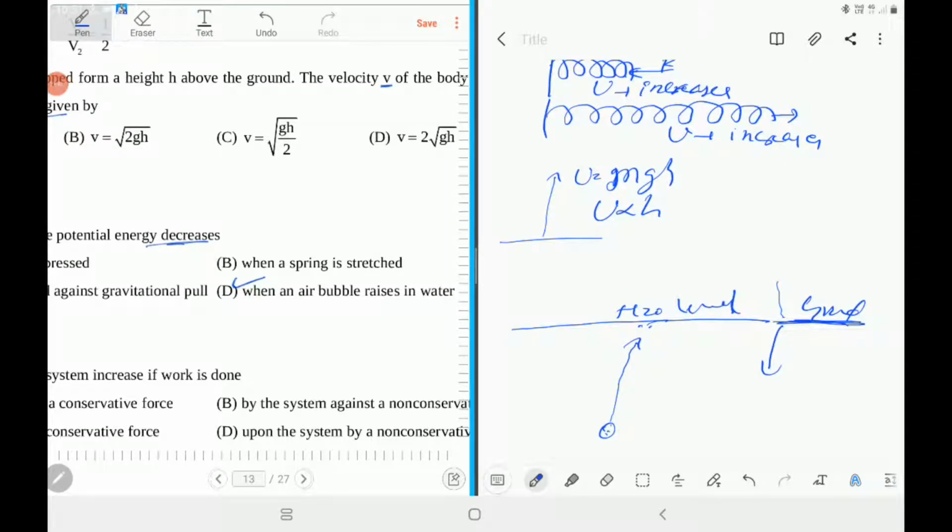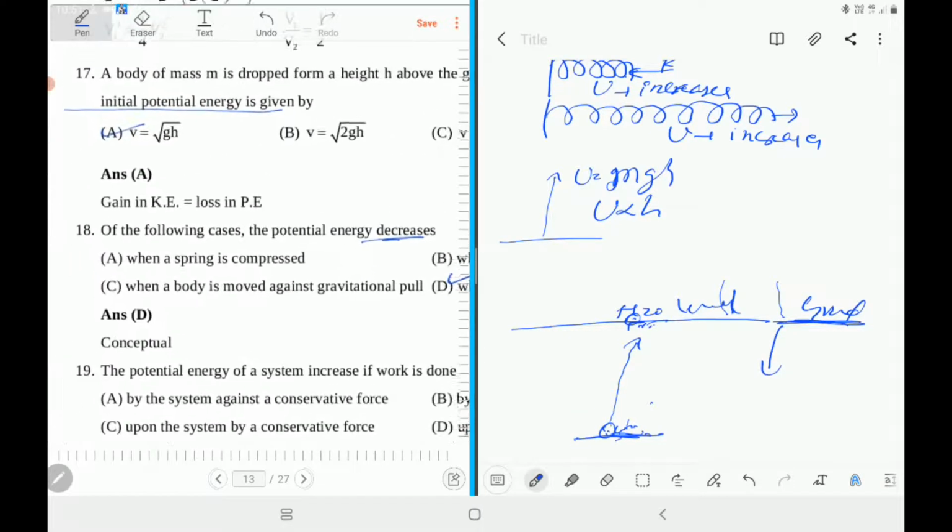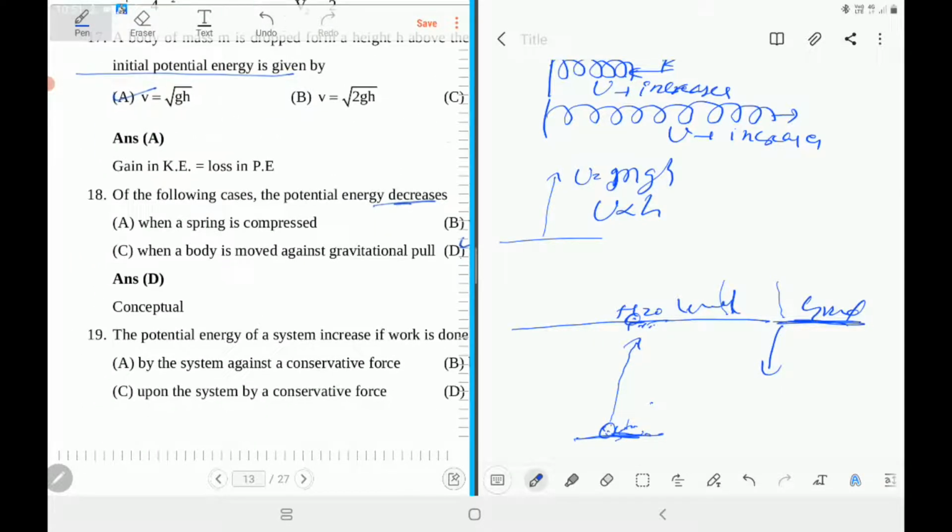Here you may observe this in a bit of a strange way. Actually, you think of it like this. Bringing a water bubble to this level is like compressing this spring. When you compress a spring, you do work. That work is stored as energy. Same way, if there is a water bubble, to bring it here you have to do work. So when it is here at this level, potential energy is more. When it rises up, potential energy decreases. In that process, moving to the surface from a certain depth, potential energy decreases. From here upwards, it increases. That's the way we analyze. You remember it. Now we'll move on with the 19th.